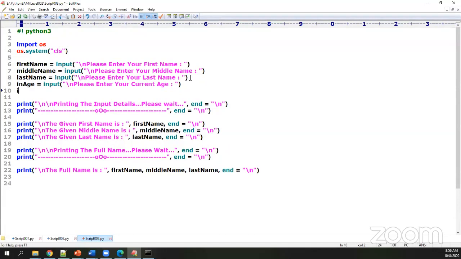Then I'm saying in height is assigned as input, please enter your height.